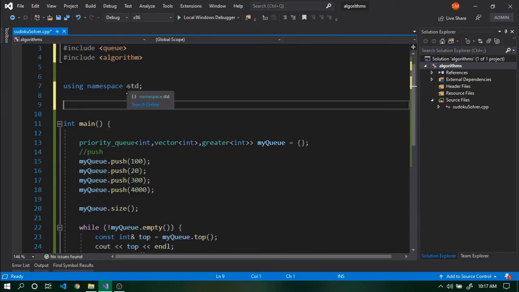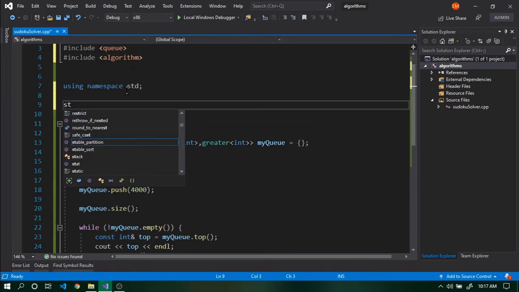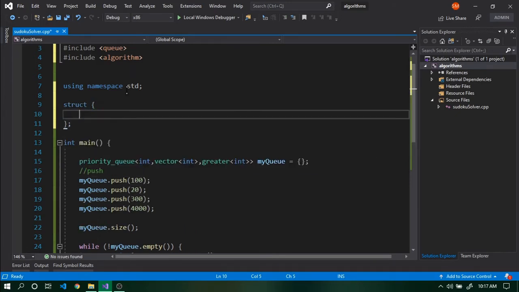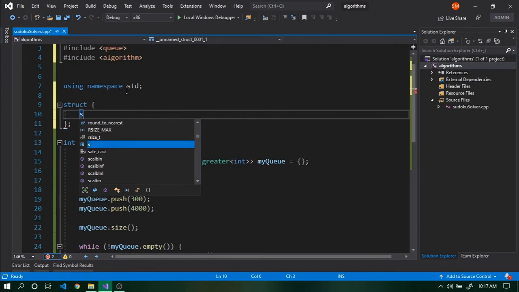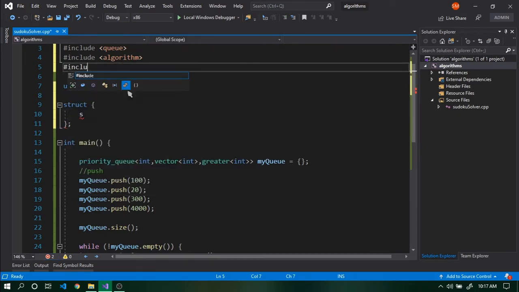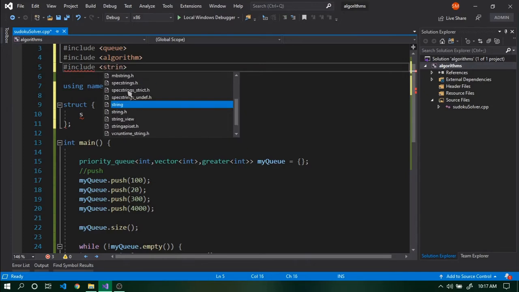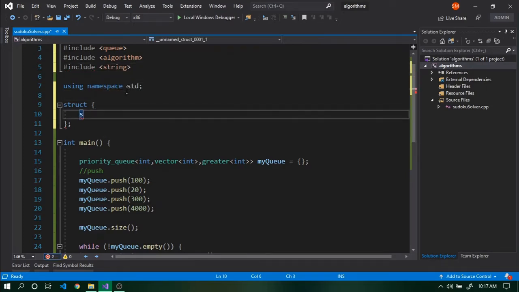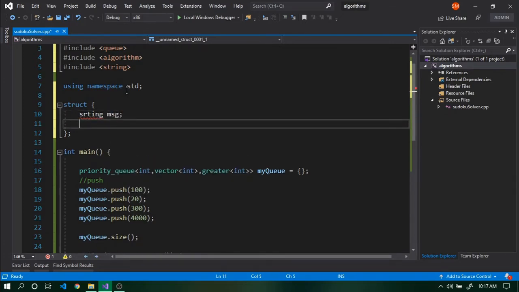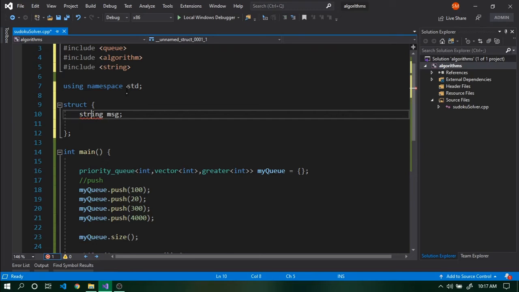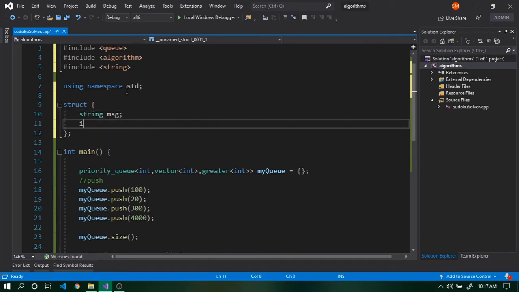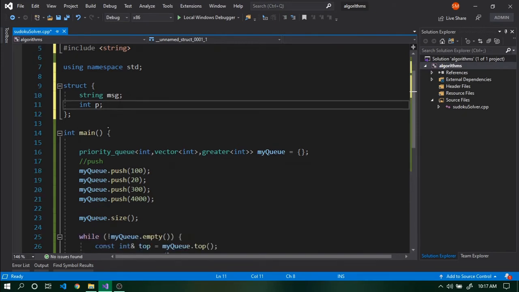So for that we will create a struct, and let's first include string. That will have a string called message, and it will have an integer called priority.